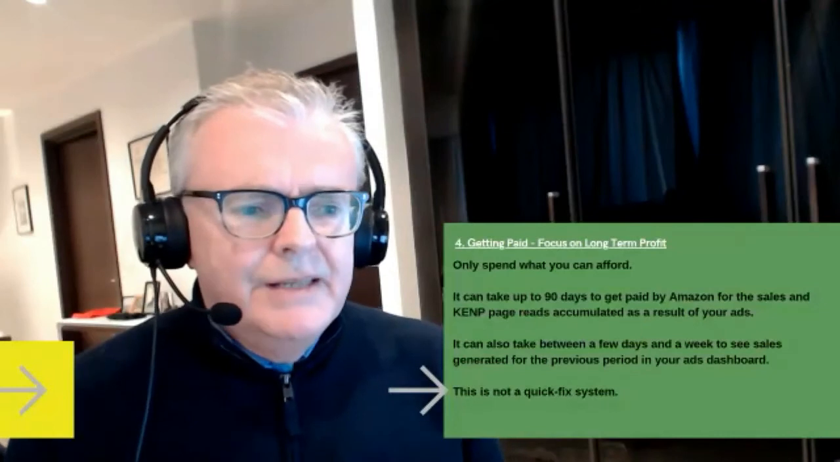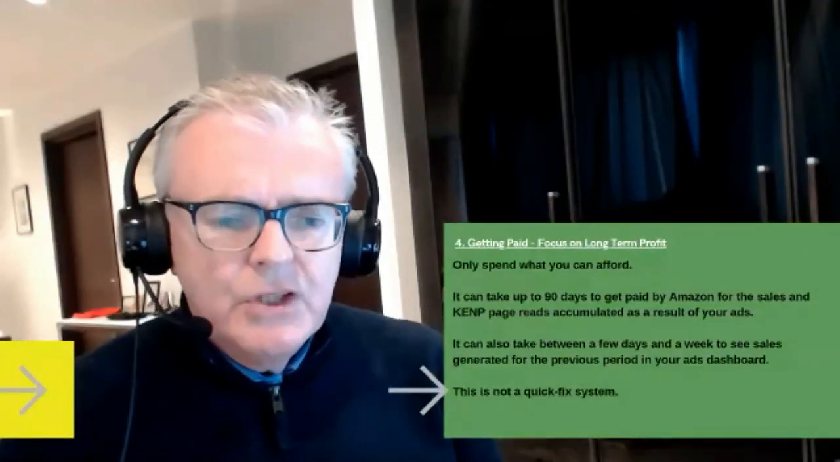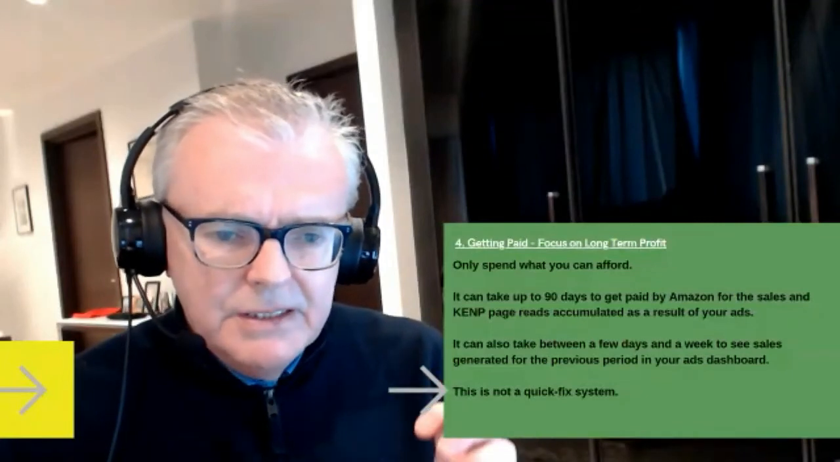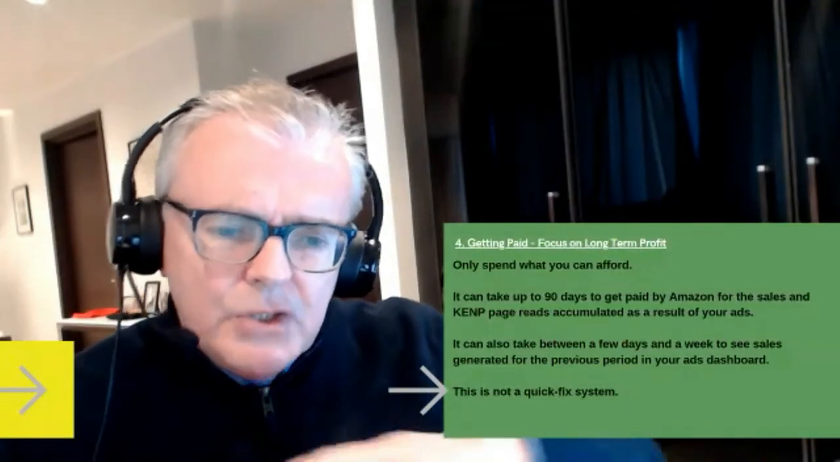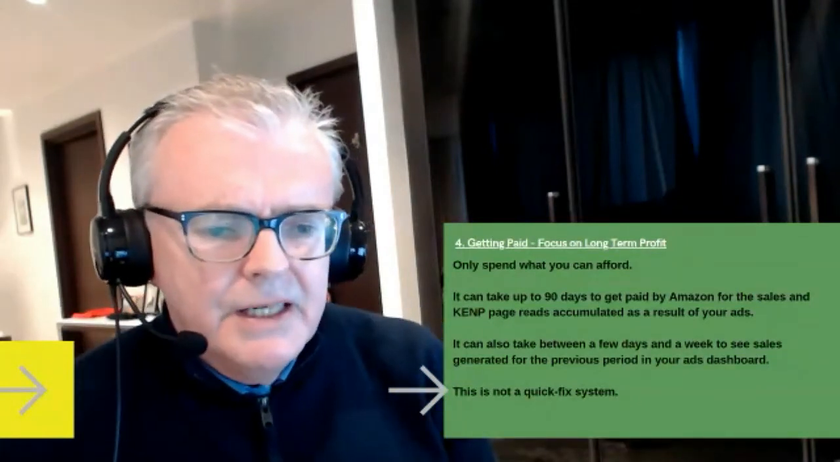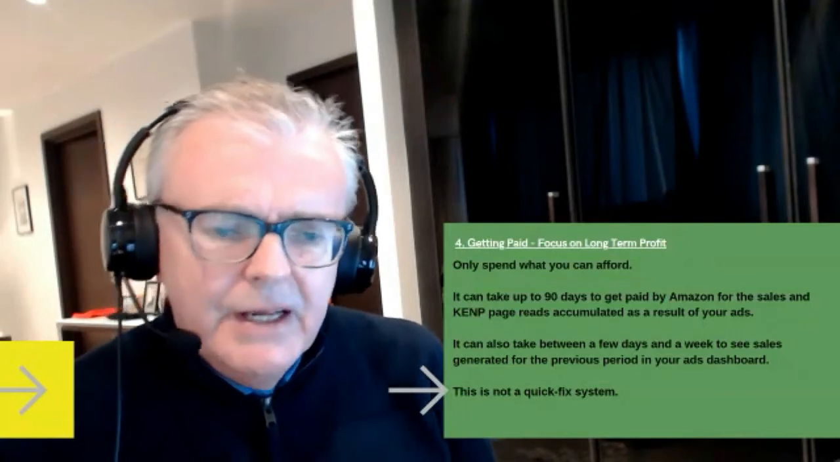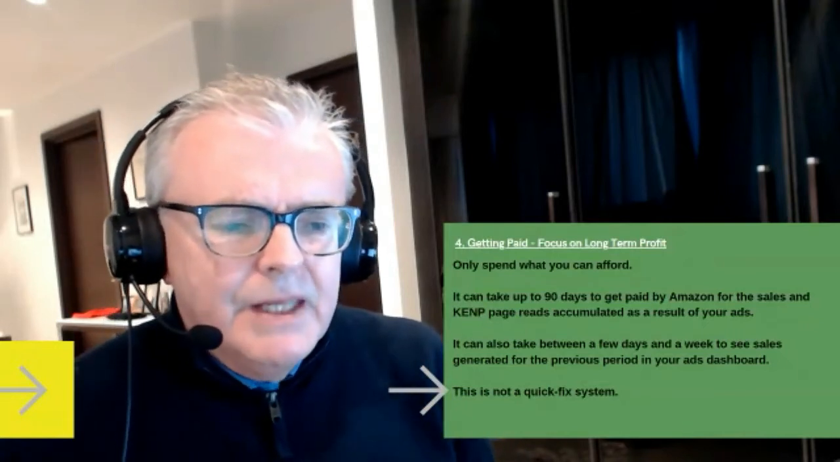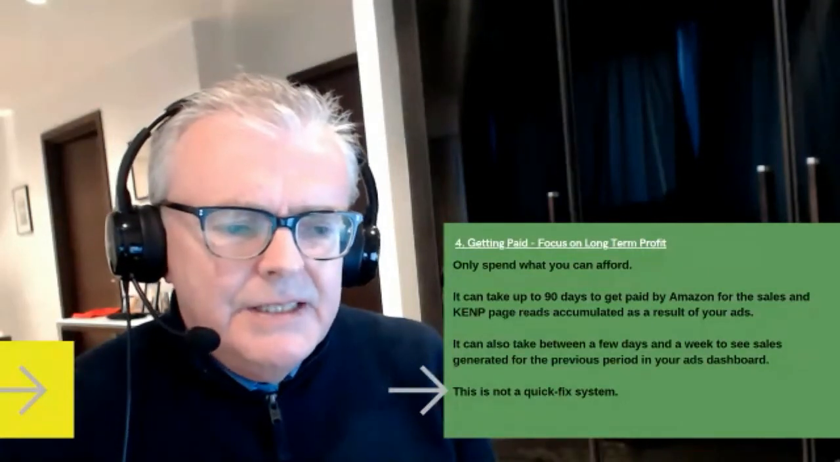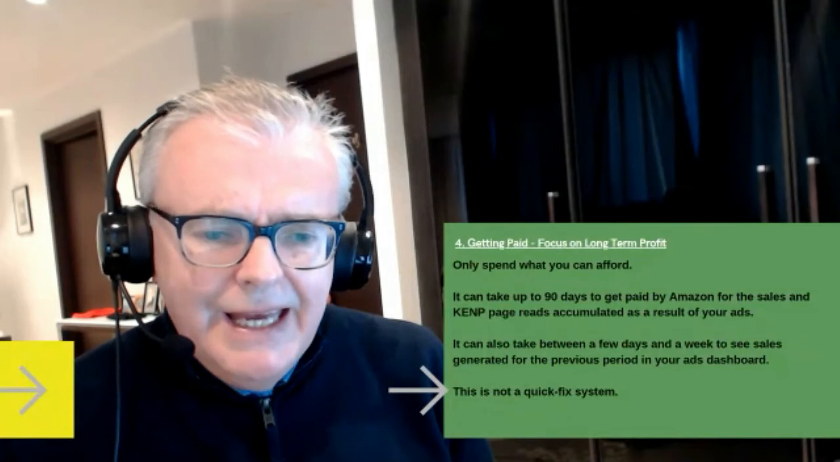So number 4, getting paid. Focus on long-term profit. That's what we all want to focus on, not just making money today. We want to make sure that we have a long-term profitable process with our Amazon ads. First of all, only spend what you can afford, which I know should be obvious. But please remember, it can take up to 90 days to get paid. So if you're doing ads,